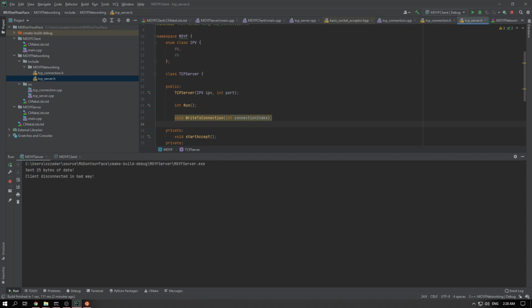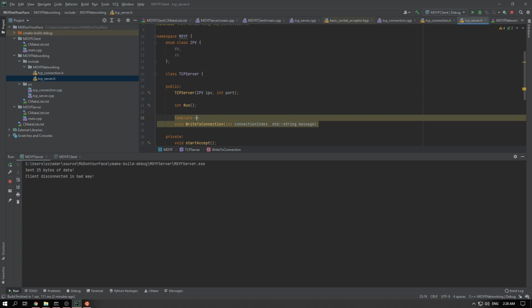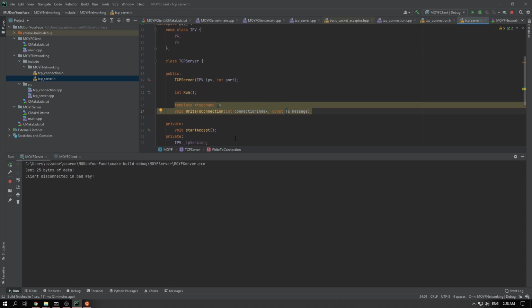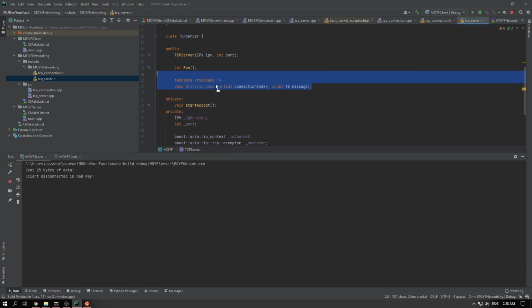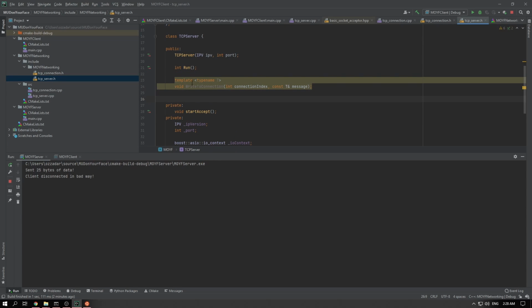And for now we'll just do string message, but odds are we'll probably want to do something like template, typename T, and this will be T message, right? Probably like that. That's probably how we want to do it. We want to be able to write to the connection. Then what else do we want to do? We want to be able to